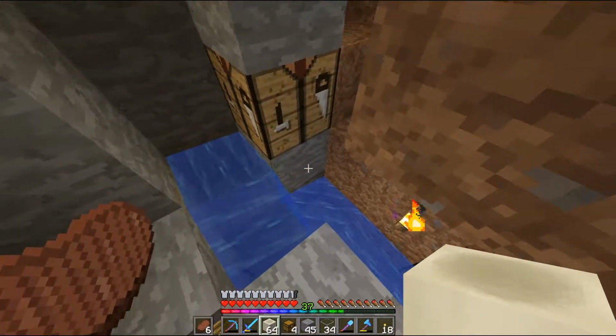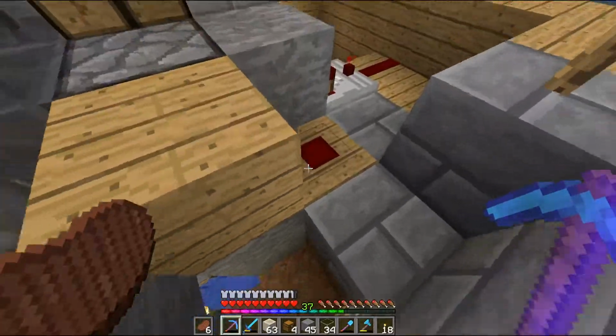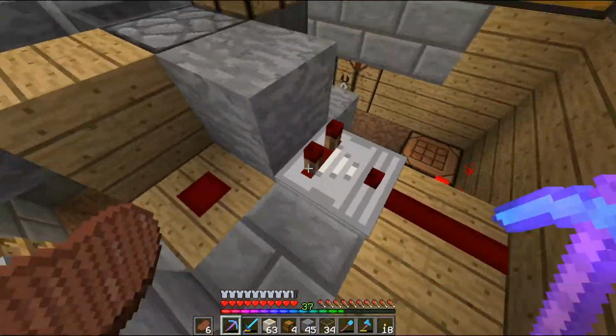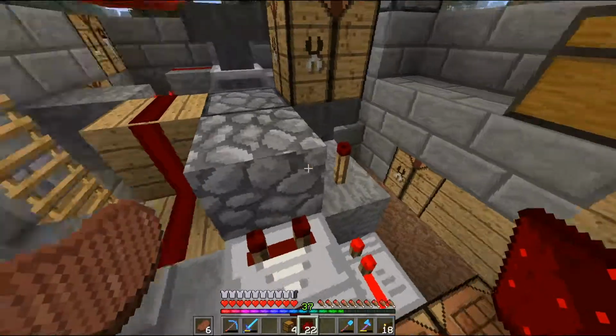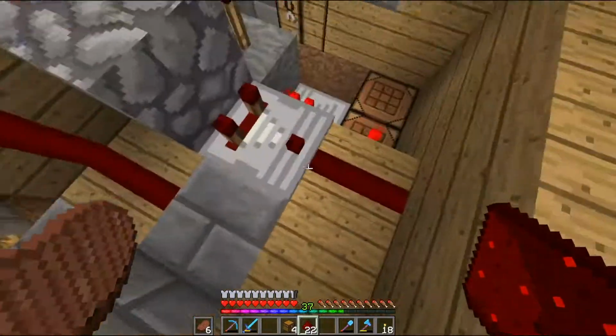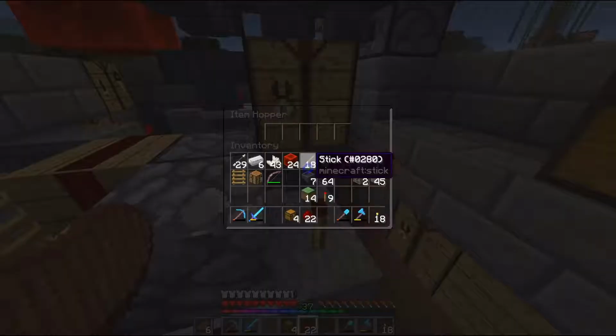That's just hidden back there somewhere. So the torch powers the block that this dust is on, and that powers... My apologies. When there's nothing in this dropper, this will turn off, which will turn on this repeater, which unlocks this